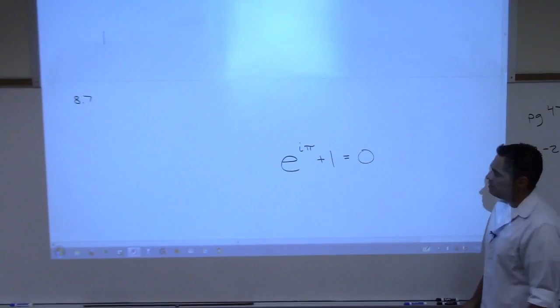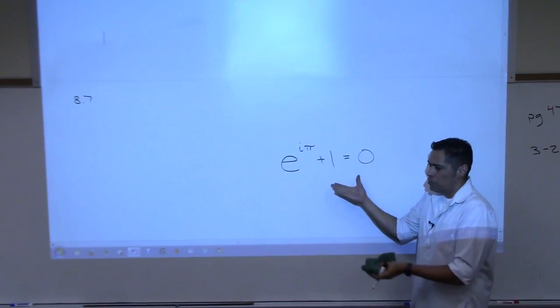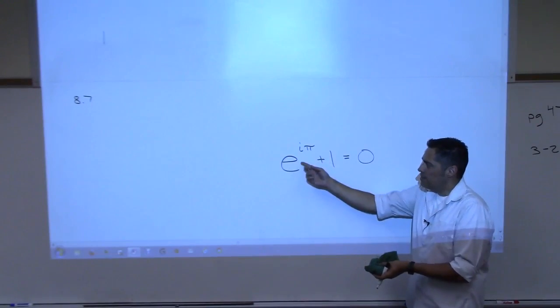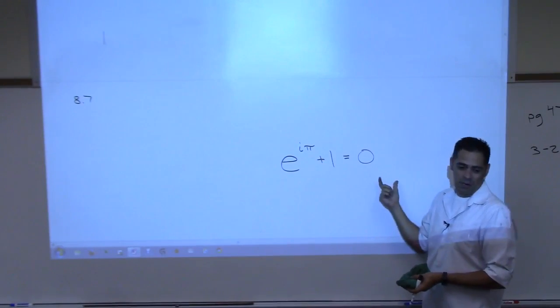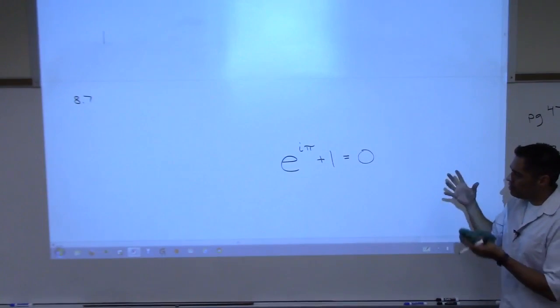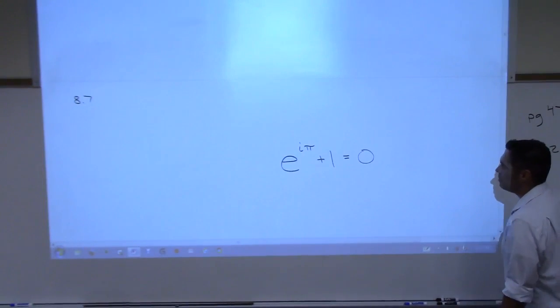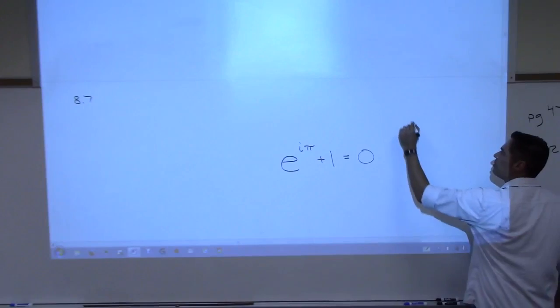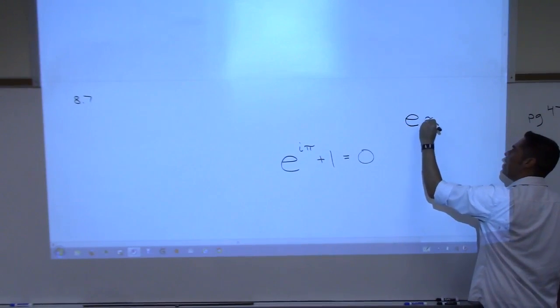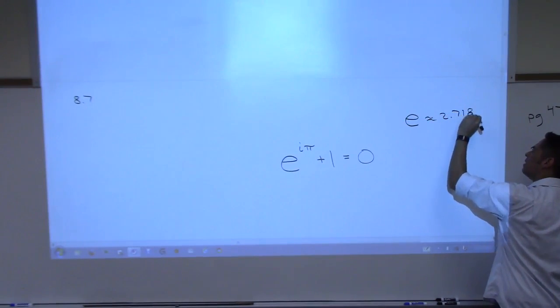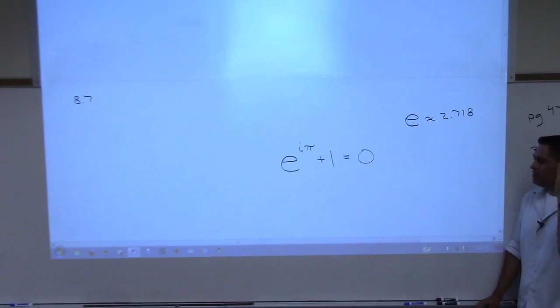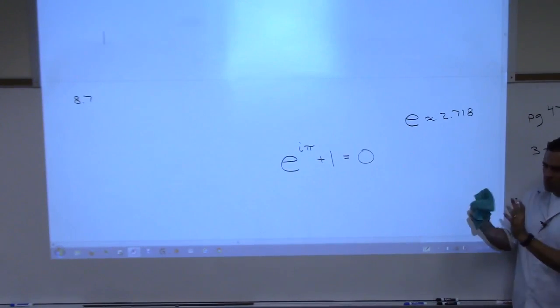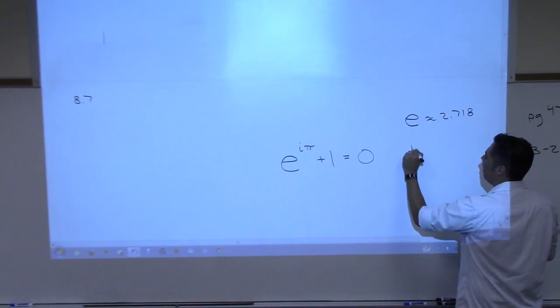And the reason they say that is because, well, first of all, it's true, okay? E raised to the imaginary number i times pi plus 1 is 0. And so the reason it's so awesome, I guess, is that it has all these really cool numbers in it. e is that natural base. It's about 2.718. It's the base of the exponential function. That is that function that is its only derivative. It has all these special properties. Of course, pi,